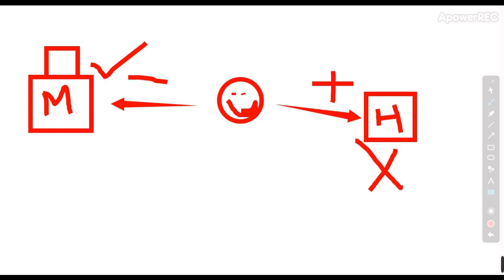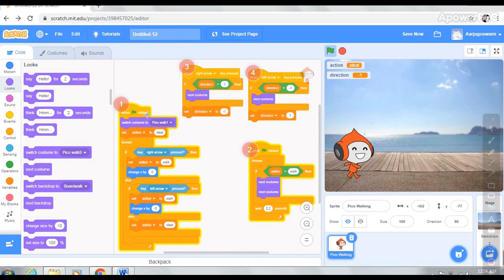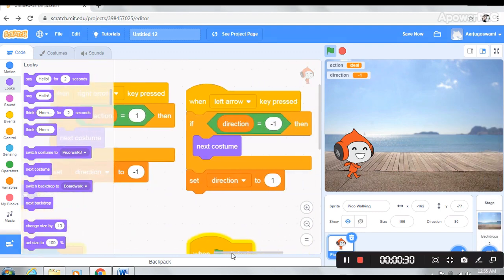So if I press the left key, then my sprite will go to the left side, which means Piku will go to music class only, not to home. So this is what you can see in the program. You can see here that +1 shows the right-hand side and -1 is used for the left-hand side.